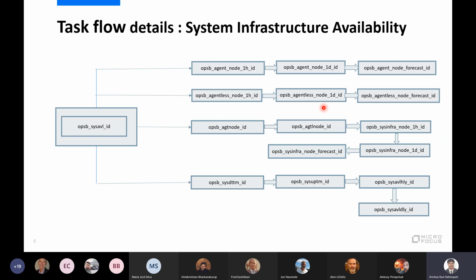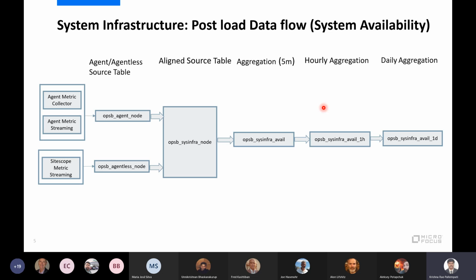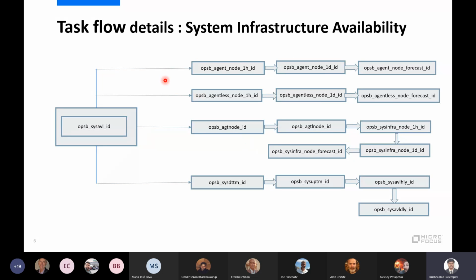And once the data flows, this is the folder structure. But how the data flows into these tables, there should be some mechanism, which is called, as he explained yesterday, the task and then the task flow. So these are the different tasks, and all of this consists of one task flow.